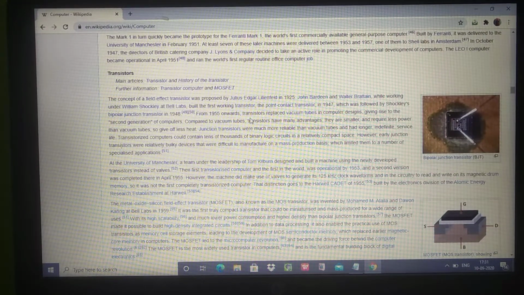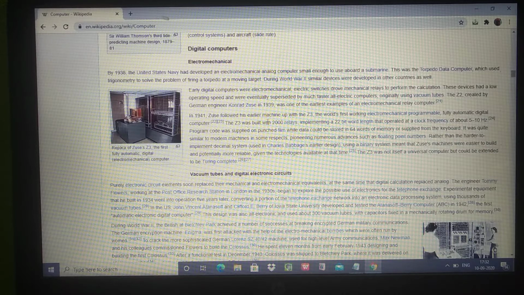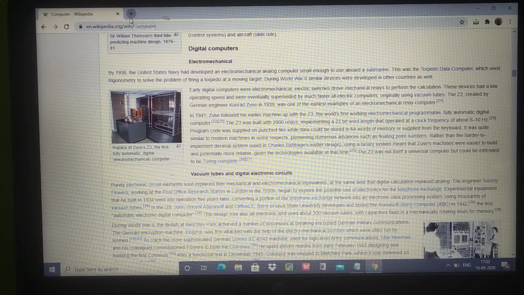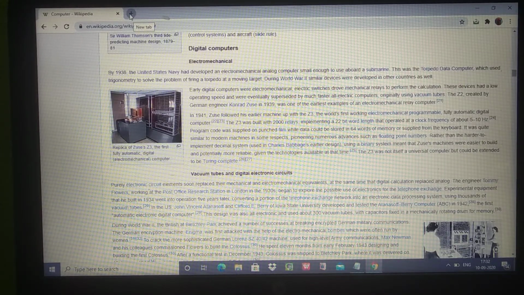How all these are displayed means these are written in web pages. These are called web pages. This is the front end, what you will see. At the back end, how it is displayed means we have to write the coding. In the code, you have to write all this information. So that back end is called HTML coding, hypertext markup language.